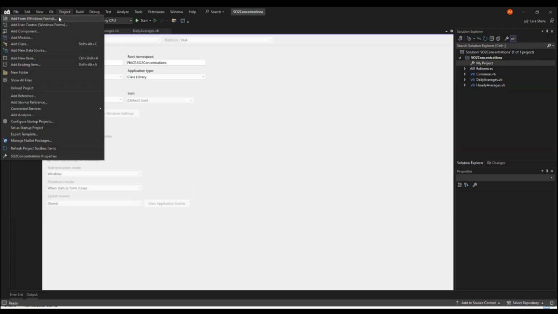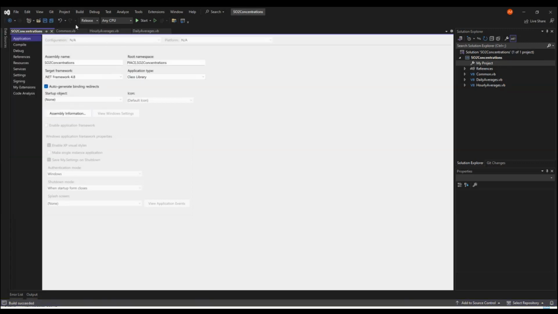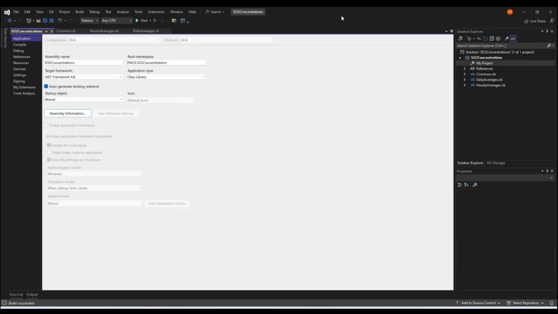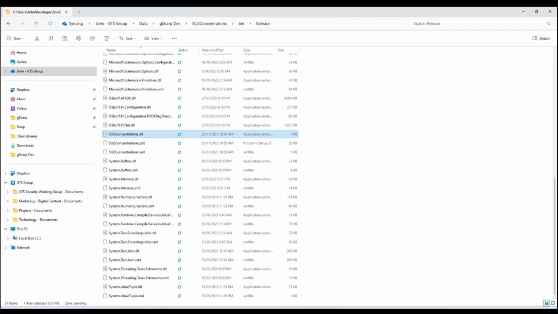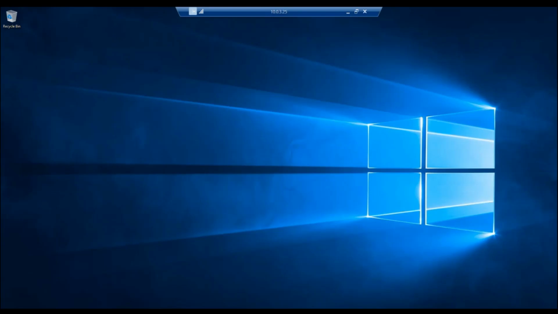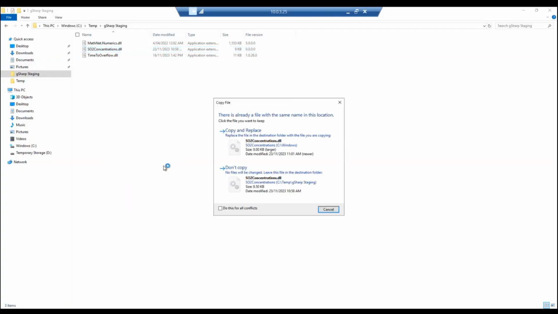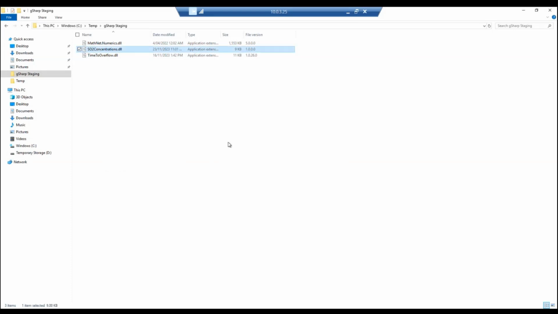I need to build that one again because I do need that assembly version. Let's take that assembly. Now we'll deploy that to the gSharp server. So this location that I've deployed it to is what we call our staging folder.